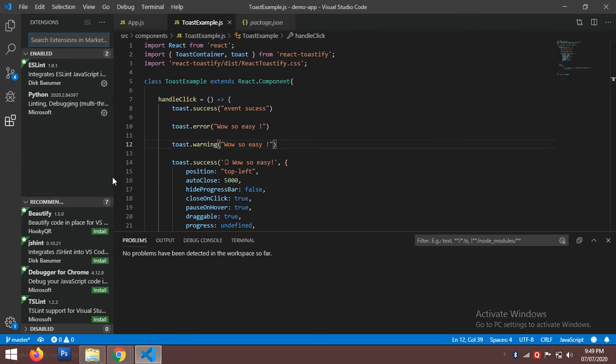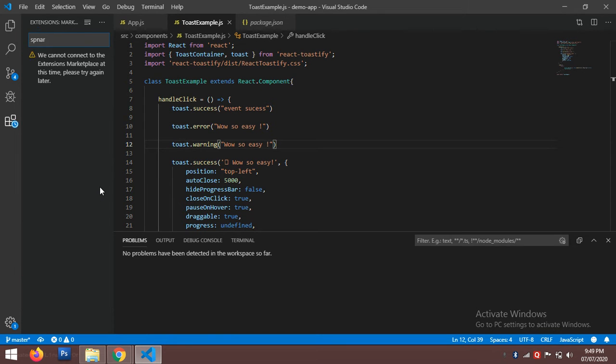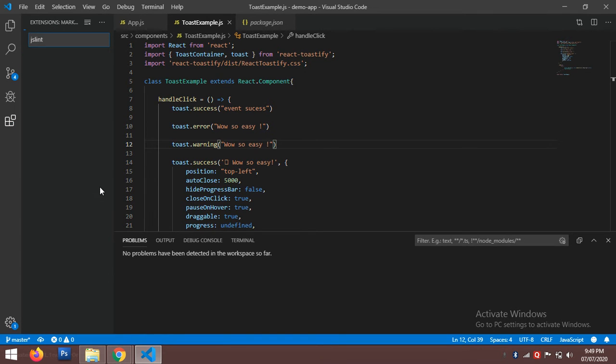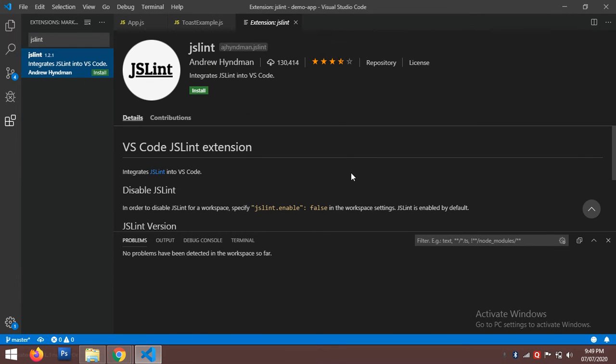If you want to install SonarLint, suppose, you can just click on that search window and enter the package you want to download. For now, if I want to download JSLint, I can search whether it is available or not. Yeah, it's available, so it will show you ESLint and information about that particular package. From there you can see what this particular package is going to do in your editor, and you can download it right from here.